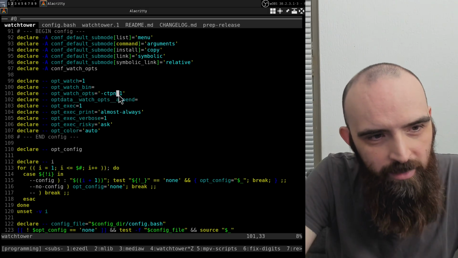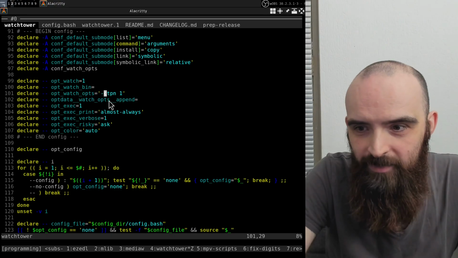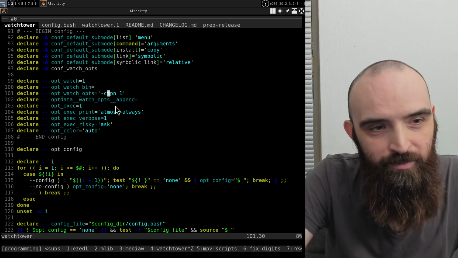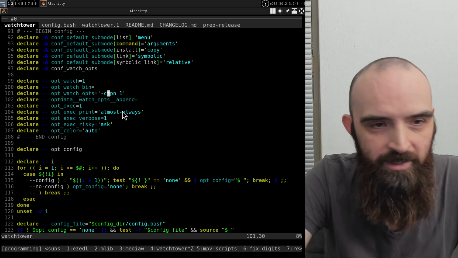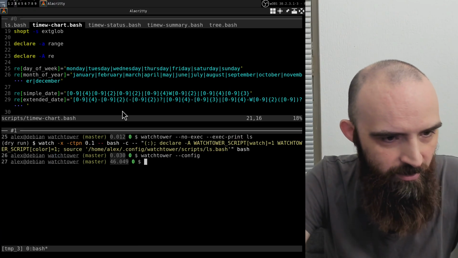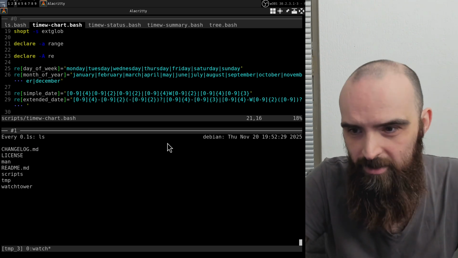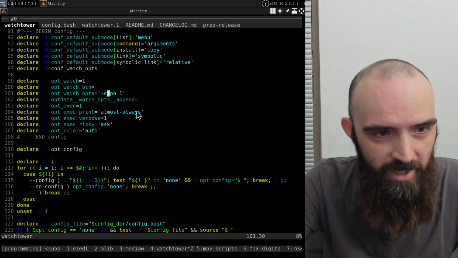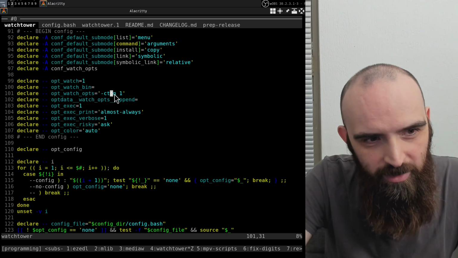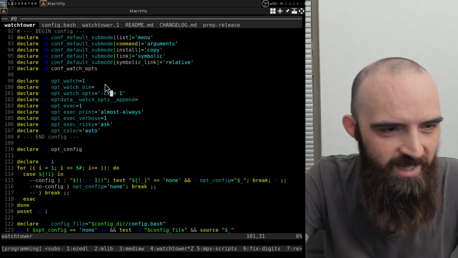So CTPN1. C stands for process and C escape sequences that allow color to be displayed. T is for do not show header. So when you run watch, if I just run watch ls, it shows this header by default. In Watchtower, it's not gonna do that, but you can change this here. P stands for precise, so you can basically read the man page for watch to really understand what it does, but